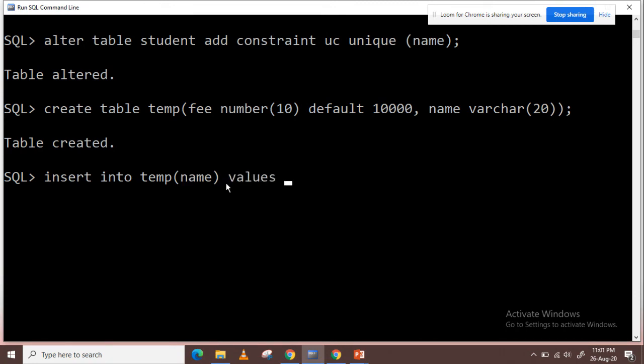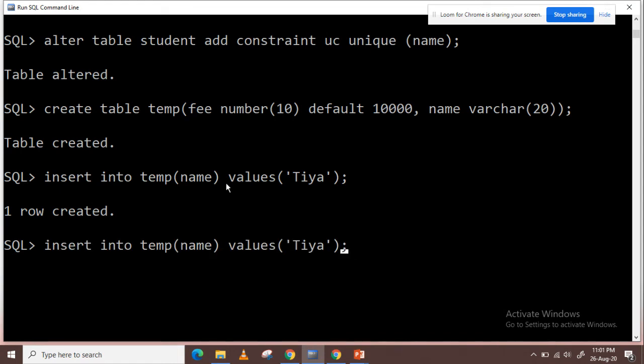So let's start with it. Values. So for value we can rename the column. So I am renaming, or you can directly provide the value also. Suppose I am directly providing the name as Tia. One row is inserted. You can directly provide the value. Suppose now I want to insert value for all the fields, so I can provide them, as we can change the order. So first value will go to first column and the second value will go to the second column. So here again the next row is created, displaying the record.